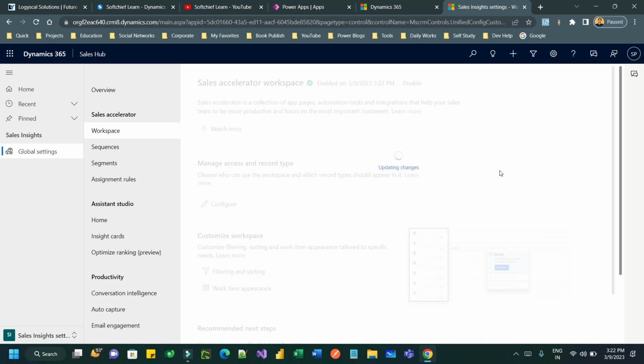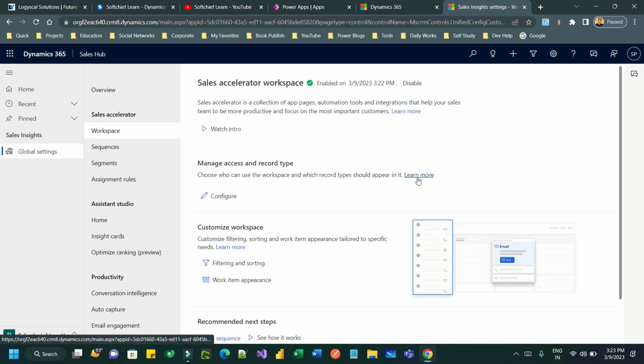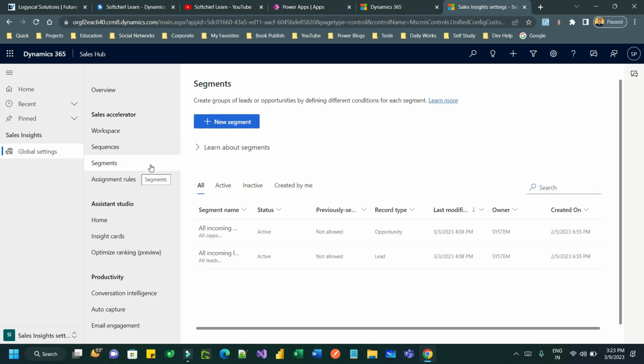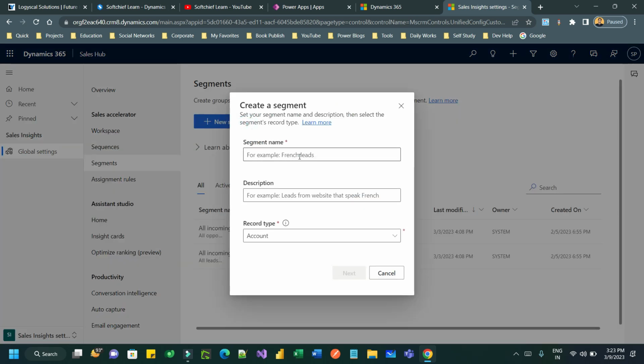You are capturing leads in your organization using different media, right? You may capture leads through websites, you may capture leads from a trade show. There might be some marketing campaigns you are running, because of which you are getting leads also. So you can define segments according to your business need. Let's say I want to create a segment for leads which are created through website. So I can create a new segment and define a name,